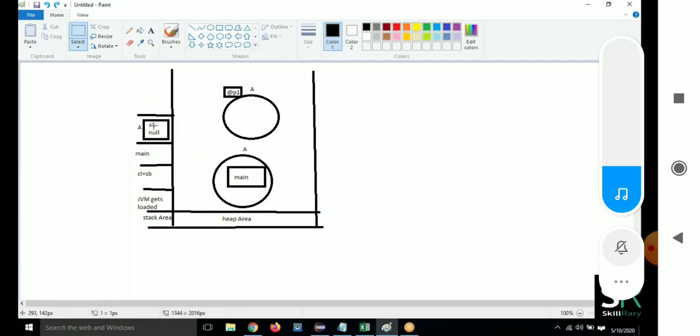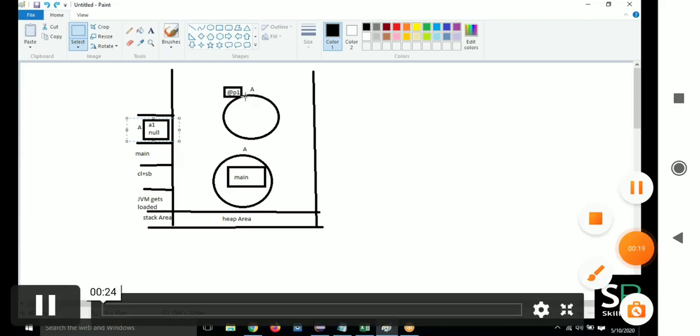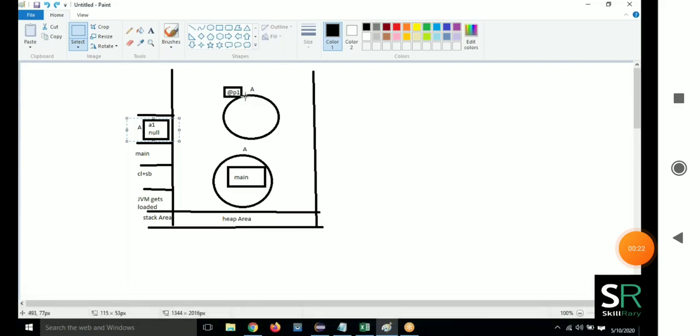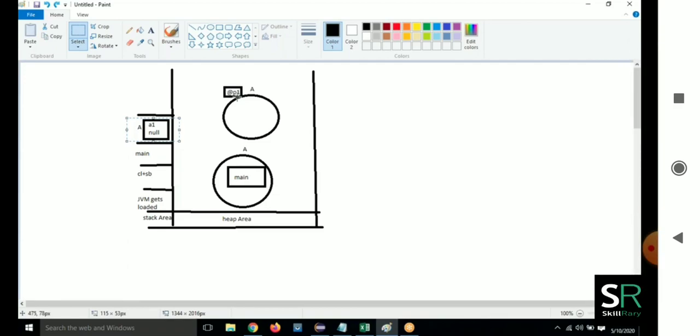Start recording. First it will execute the left-hand side. A1 is equal to null, then new. On the right side, it is going to create an object of type A, then assign one address to that object. Linear address. The address will be unique, let it be P1. Then it will execute the constructor.